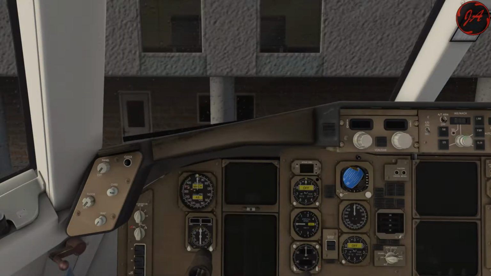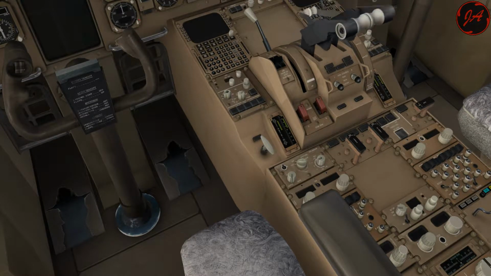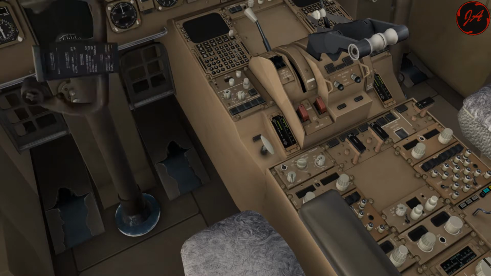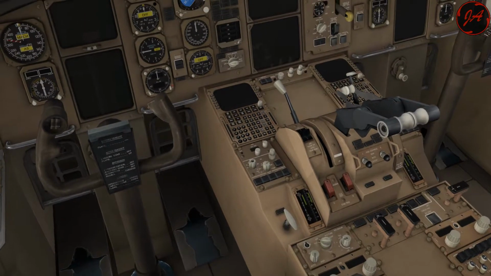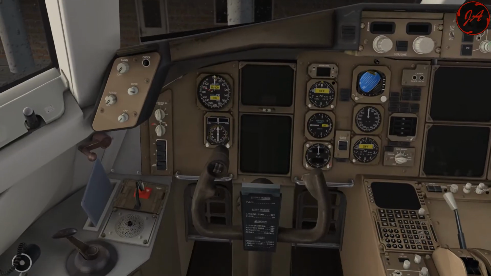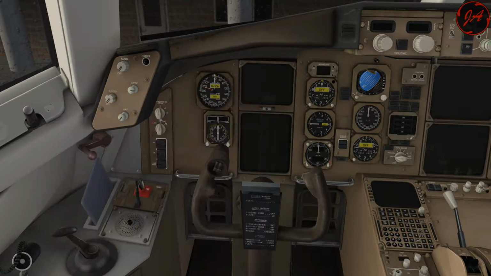Alright, so we're in the flight deck. The first thing I'm actually going to do is just adjust the throttles a bit, not that far. Sort of like there. Because I figured out that some weird stuff happens if the throttles are completely idled, so yeah. Anyway, we already have everything connected in terms of ground power and everything, so we just need to